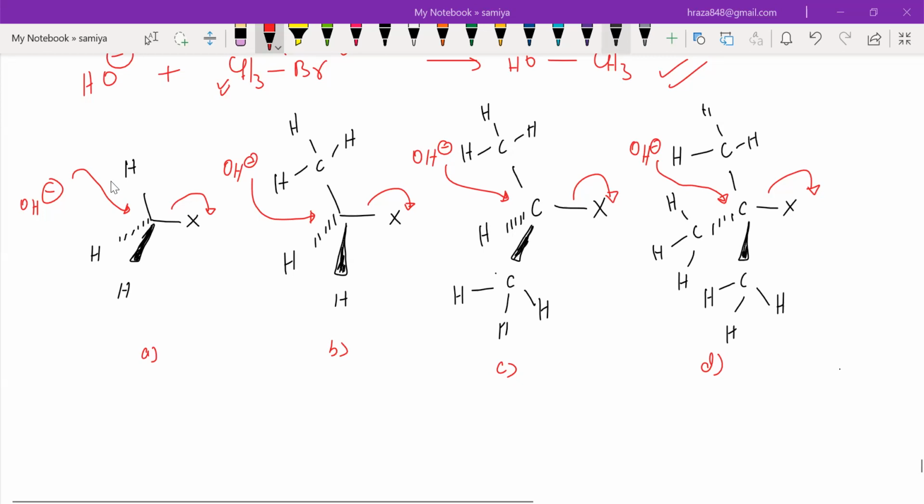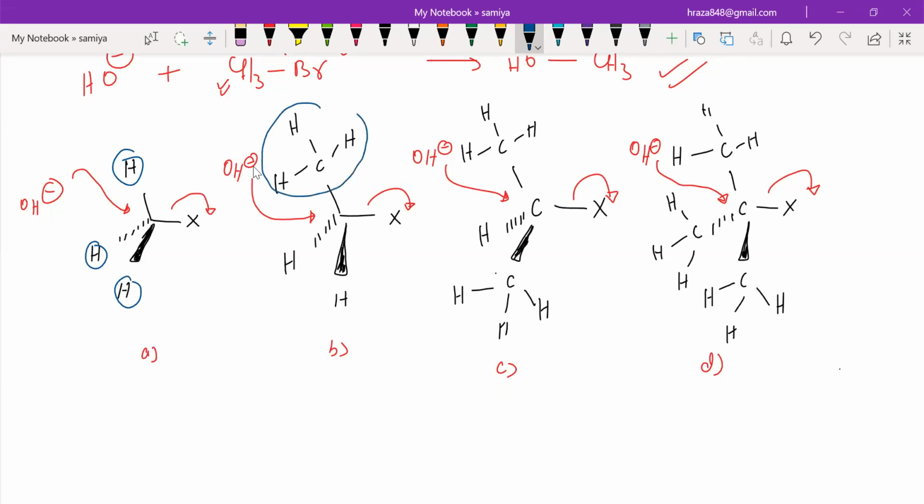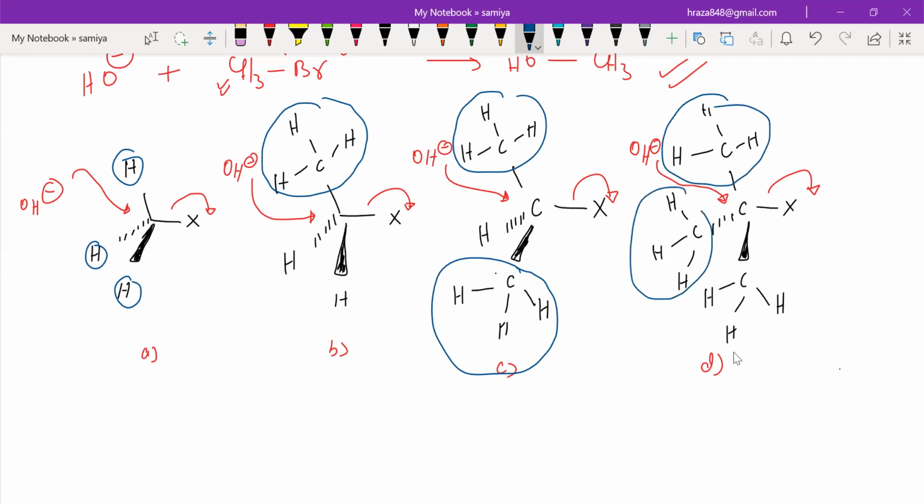You can see hydrogen, hydrogen, and hydrogen is a very small group. So OH minus can easily attack. Now this is a CH3, which is a bulky group. So OH minus will go and there will be a steric hindrance. Now there will be two CH3 groups, so there will be more steric hindrance. Now in this case, there will be three CH3 groups, that means three bulky groups. That's why OH minus will not easily attack here. So reactivity will be